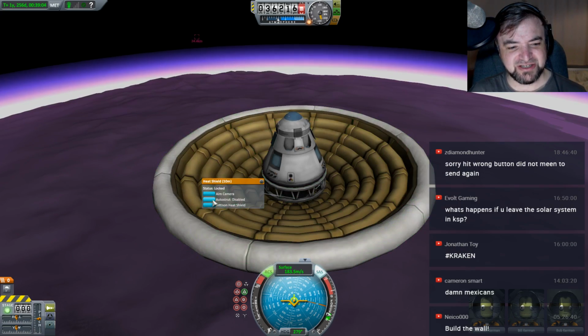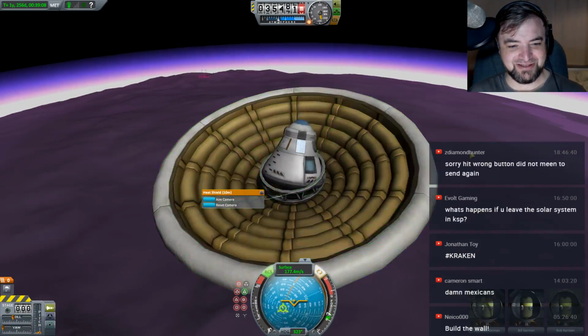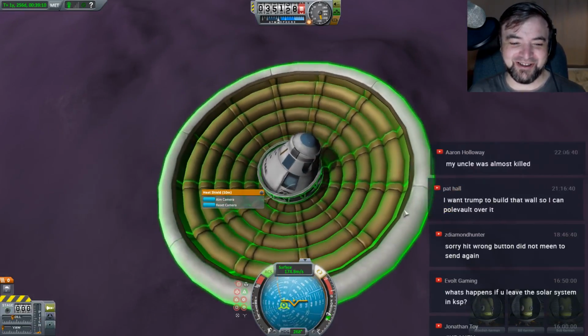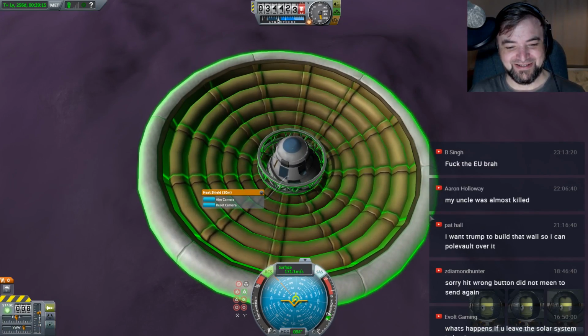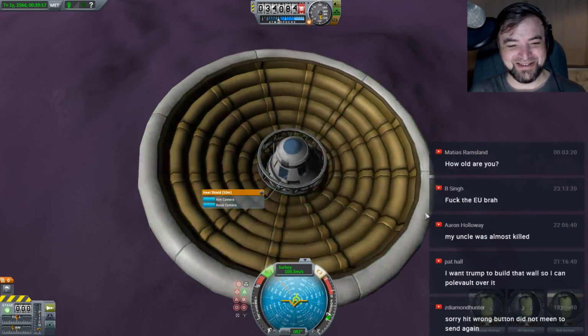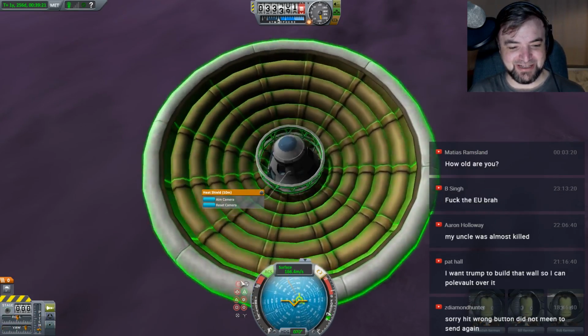Should I jettison the heat shield? Yeah, go on. Alright. I should not have jettisoned the heat shield. I can't get out of it. Stuck in there. I can't maneuver out of the way. Okay, let's...